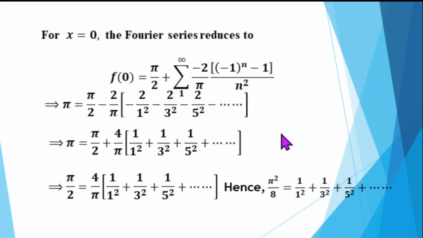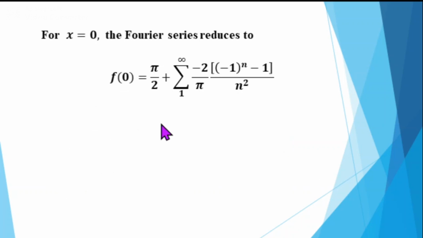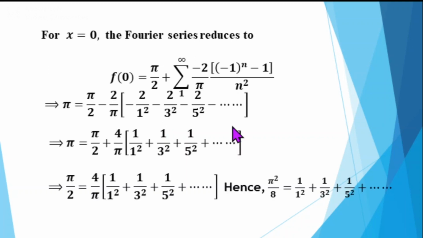What is f of 0? Notice the function f of x is pi minus x for the interval 0 to pi, as given in the problem. So f of 0 is pi minus 0, that is, f of 0 is pi. Substitute for the left hand side, and on the right hand side take minus 2 by pi outside the summation. Simplify the terms by taking n equal to 1, 2, 3, etc. So we get pi square by 8 equal to 1 by 1 square plus 1 by 3 square plus 1 by 5 square,